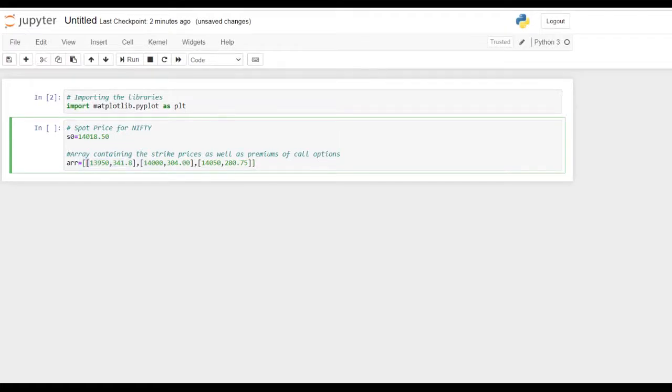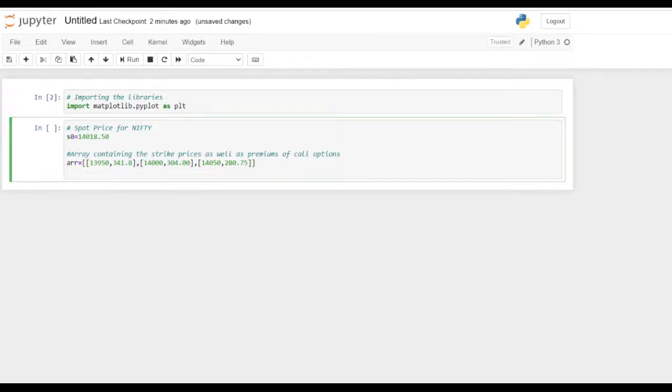It contains three lists in it, and the first element of the first list, that is 13950, is basically the strike price, and 341.8 is the corresponding call option premium. Similarly, 14,000 is the strike price, and 304.00 is the call option premium. So I have set up an array.